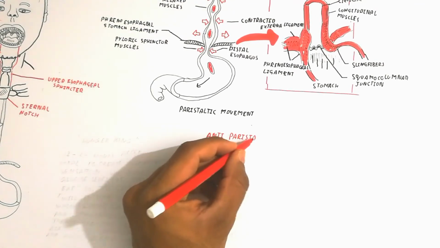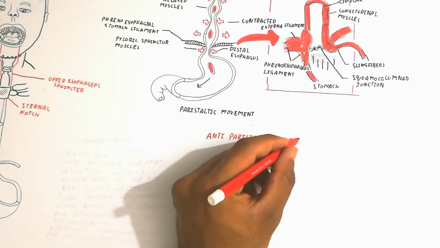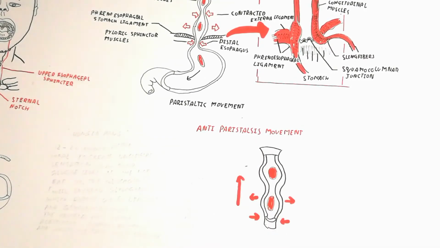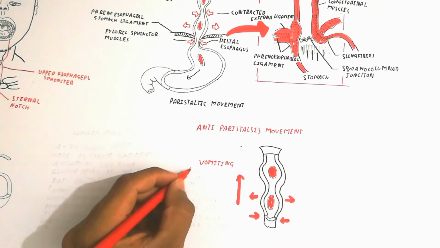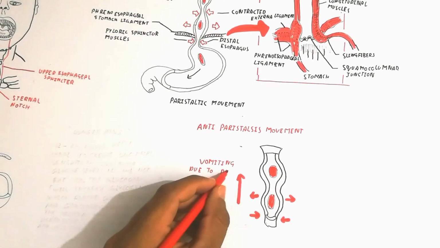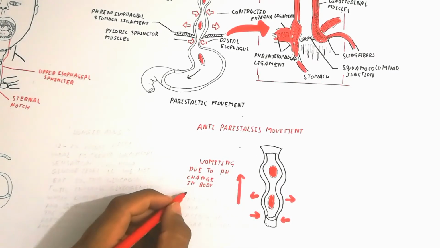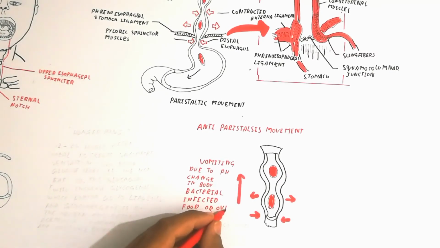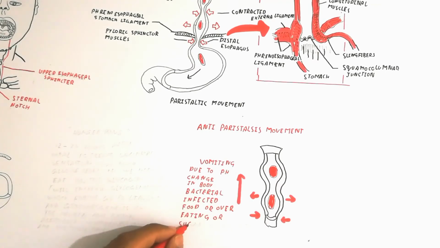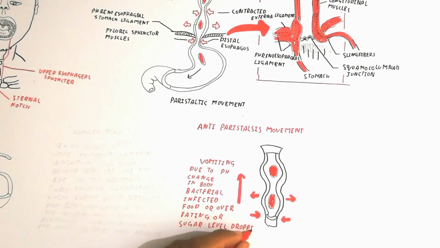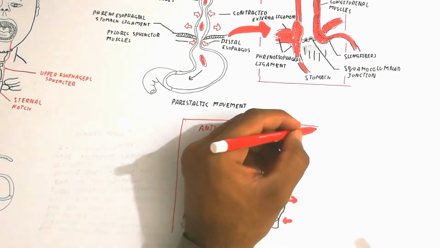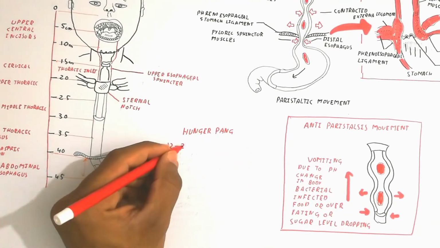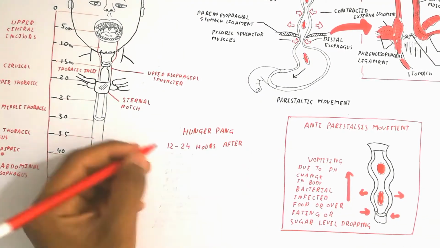So here I will talk about another thing known as antiperistalsis movement. In antiperistalsis movement, the circular muscle contracts first and the longitudinal muscle relaxes. The circular muscle contracts to move the food upward, due to a pH change in the body, bacteria-infected food, or our fat and sugar level dropping. That is the major basic concept of